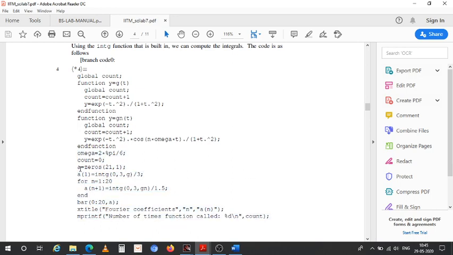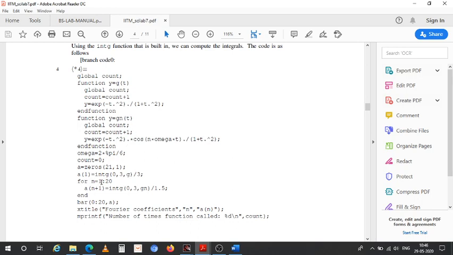Basically here what we do, zeros. We have initialized the array A filled with zeros for 21 positions, increment of 1. This is your INTG, integration function in Scilab. 0 to 3, G is your function.